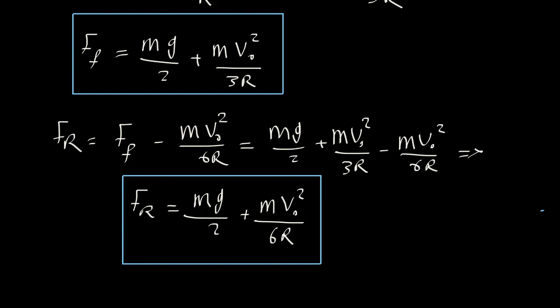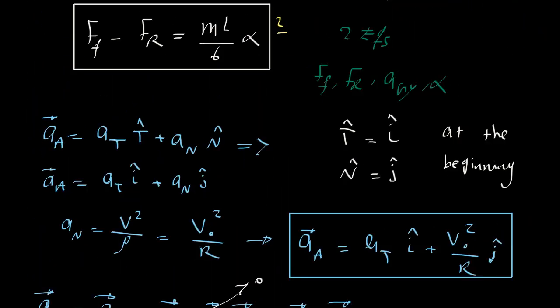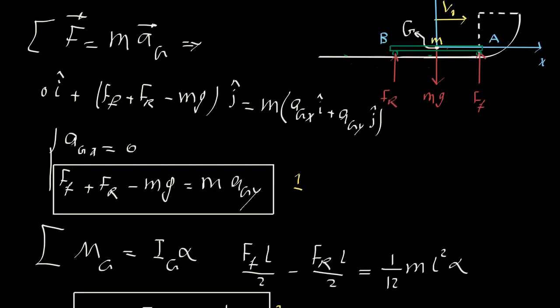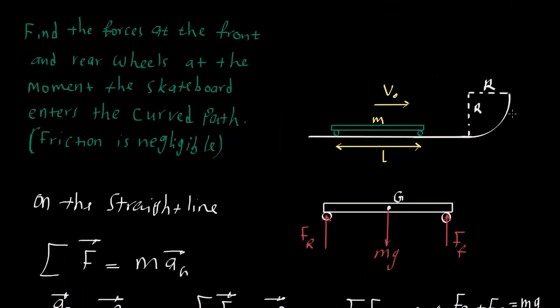As I said, this is an example that combines the kinetics of rigid bodies with kinematics of particles. Here, when we were writing down the acceleration of A in the curvilinear coordinate system, we were saying that this is a point, basically a particle. So this example combines the kinetics of rigid bodies with kinematics of particles in curvilinear coordinate system. And it's an example that we see also in everyday life,